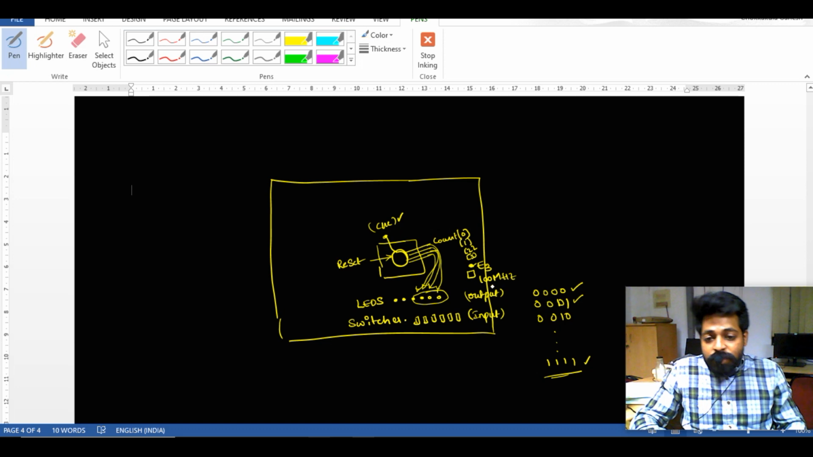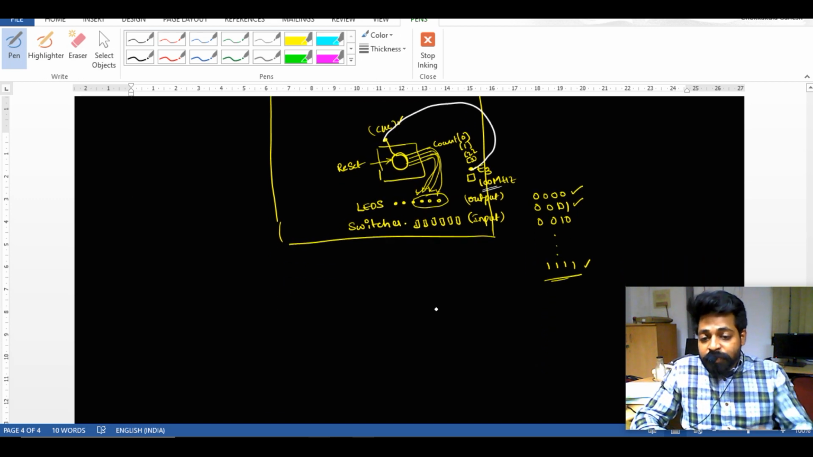let us suppose, which is generated from the E3. The E3 has a crystal oscillator with a frequency of 100 megahertz, so the counter is also taking 100 megahertz. So the count across the LEDs will be blinking at a very high speed, around 100 megahertz. 100 megahertz means within 1 second,